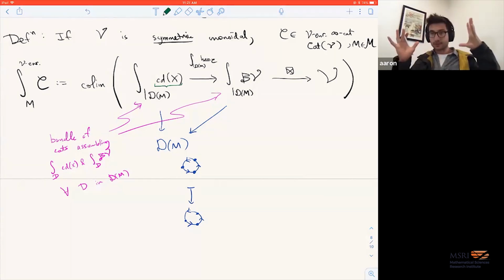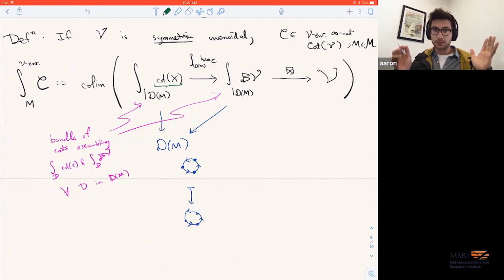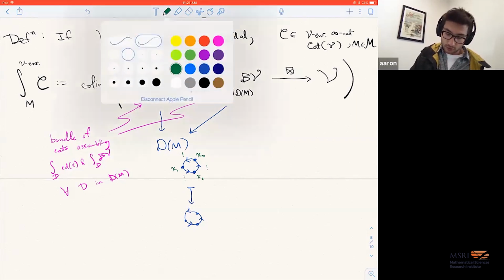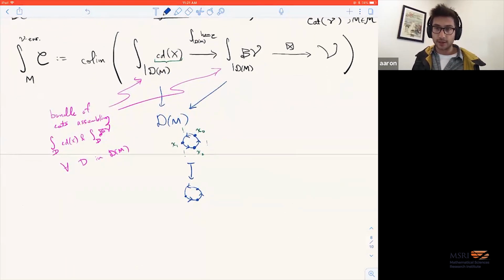It has the space of objects X, but then there's exactly one morphism between any two points in X. So this is nothing other than X0, X1, X2, and there's just unique possible choices for the one-dimensional strata, because there's exactly one morphism between any two objects in that category object CD of X. And where does that go? Well, it goes to an object in the factorization homology